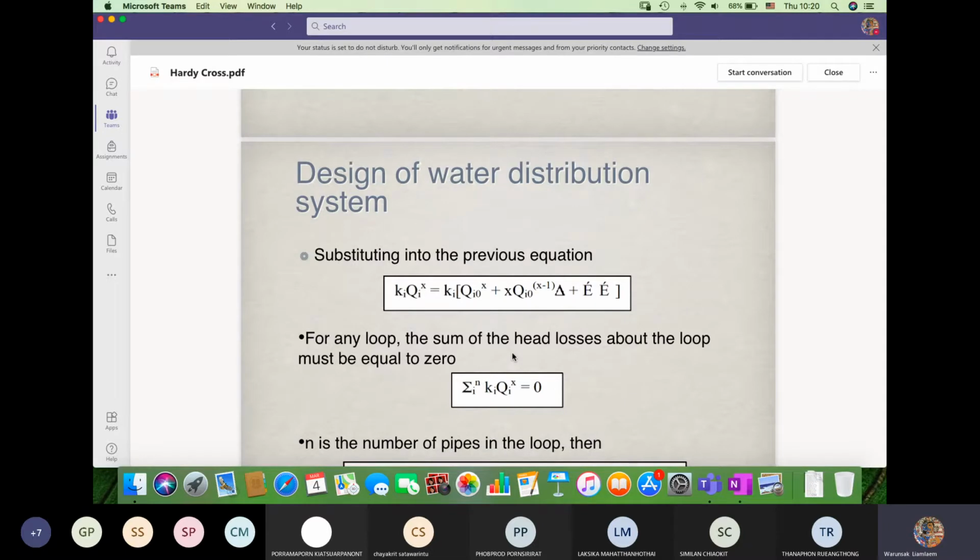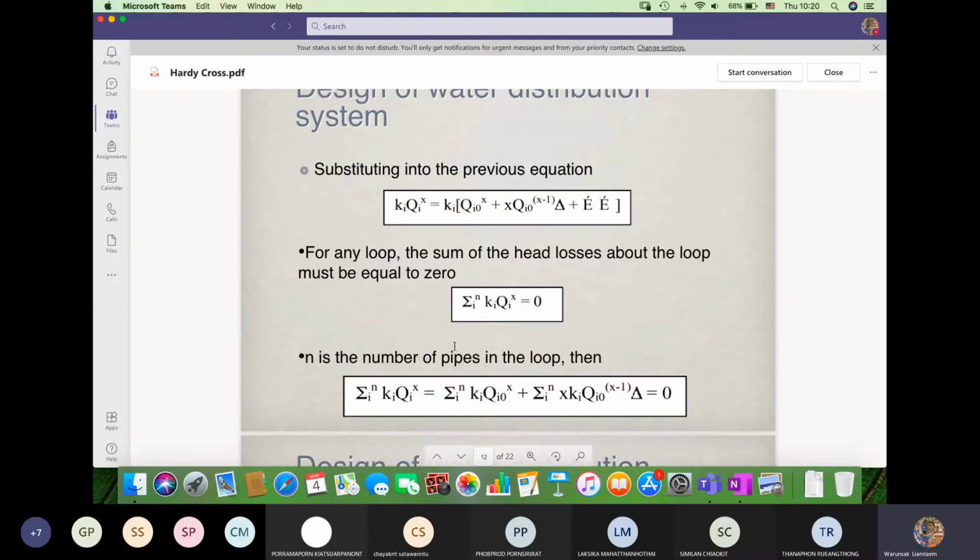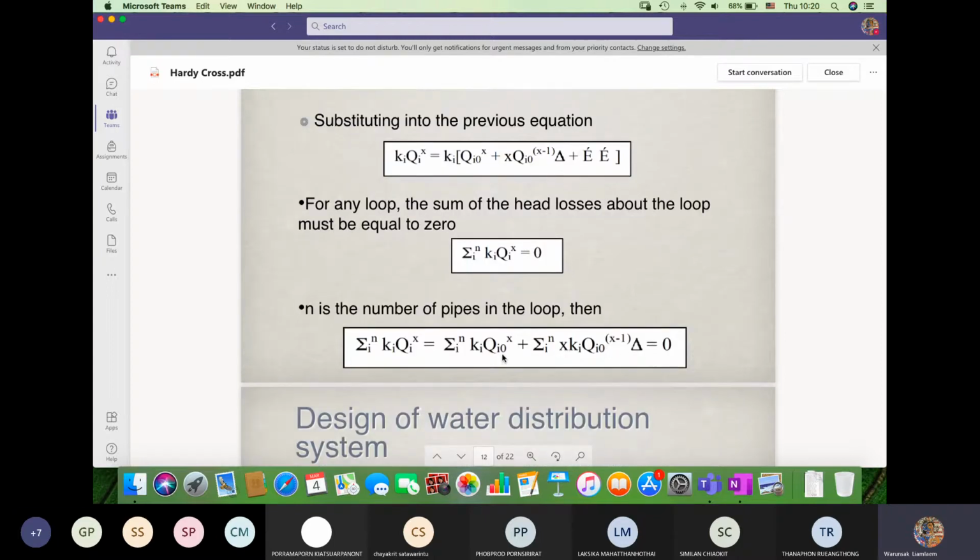As I mentioned previously, in the loop, if you measure the head loss from pipe A and pipe B, and then take another head loss from C and D, the combination, if you put in the sign, will be equal to 0. So we can write the summation of the head loss equal to 0. As this equals 0, we can move one term to the other side,